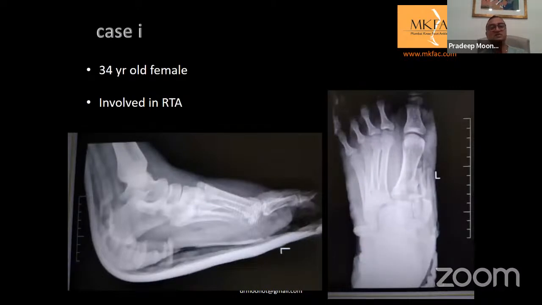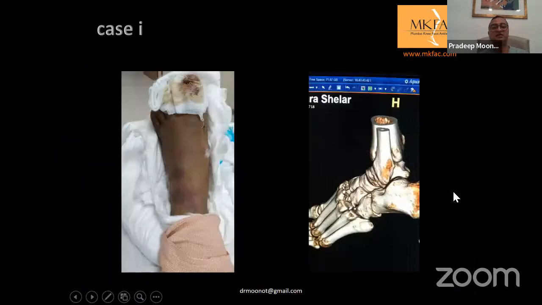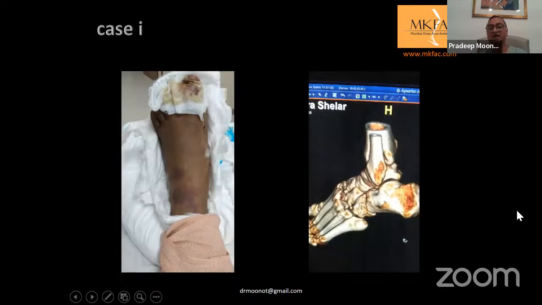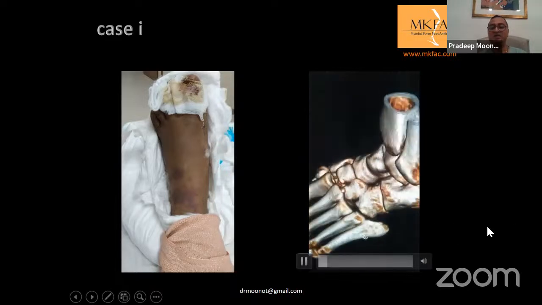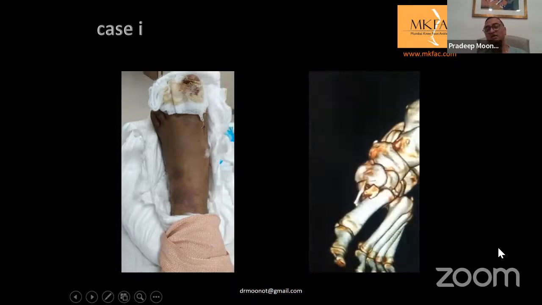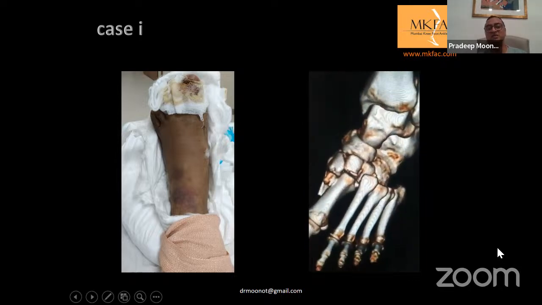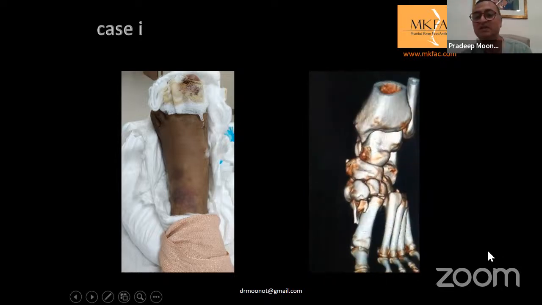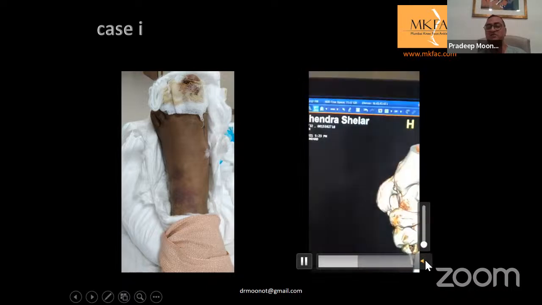So just a few cases in the last. A 34-year-old female involved in a road traffic accident, and you see the severity of the injury. Now understand this, there is a significant Lisfranc, but at the same time, the base of the first metatarsal is also fractured. That's the kind of swelling she had with ecchymosis. And look at the CT scan, completely all the joints are out. And most of the time with these kinds of complex injuries, I get a CT scan done and go through the whole thing myself as well.